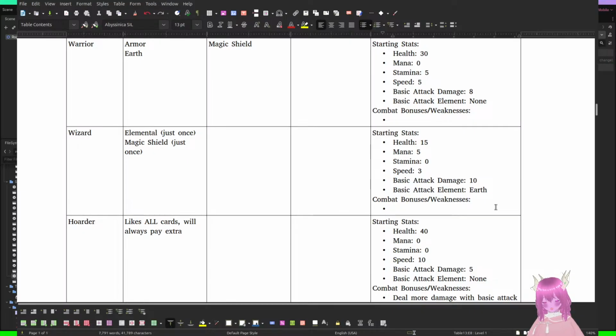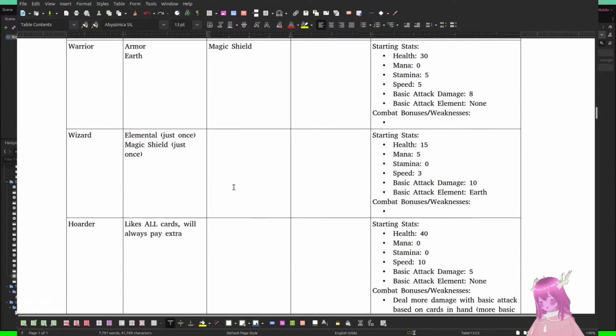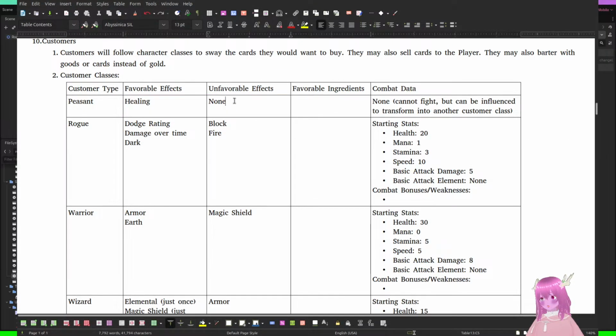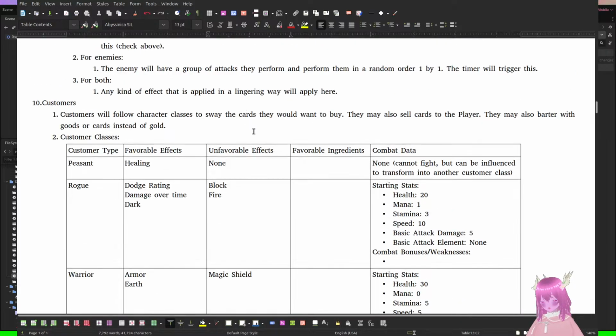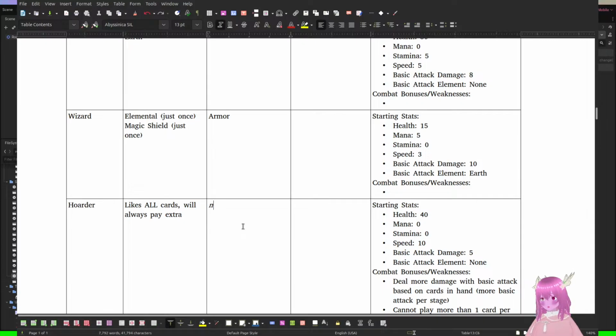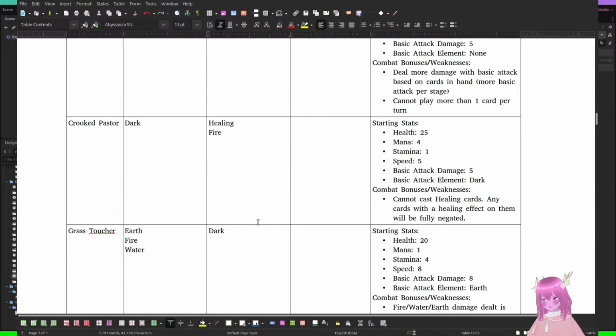Anyway, I have to think now on the fly of what the wizard would like. Oh yeah, wait, I forgot to put the wizard's dislikes here. Oops. Armor. That was it, right? Yeah, just armor. Honestly, I should probably just leave this blank if there's no unfavorable effect. Or maybe a Control I would do me good here. Control I would do me real good, wouldn't it? Jeez, that italics is super slanted.